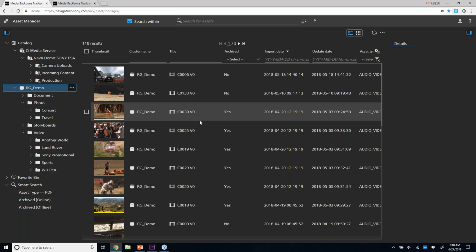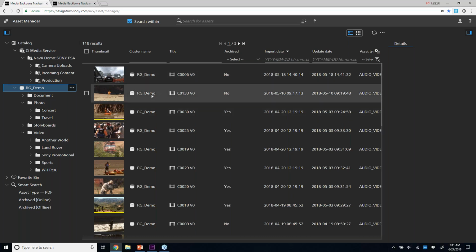Additionally, if you have our C Media Cloud service, we have a few deeper integrations with our C service. First is, from an ingest perspective, we have the ability to display our C workspaces and actually sync those C workspaces directly to NavigatorX. So in this scenario, you can actually use the cloud as a way to ingest assets into the MAM. So if you had contracted producers or shooters in the field that are going to get clips back to you, they could actually upload